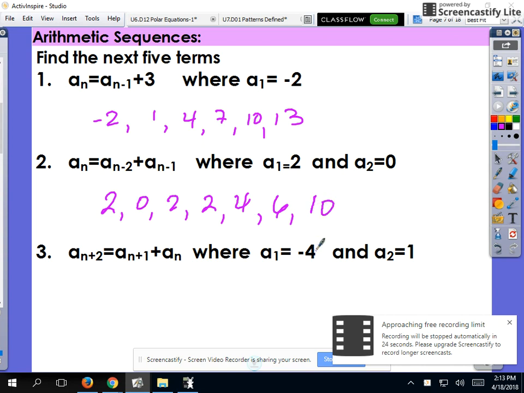For the very last one, you're given different stuff, but this is the same idea. If this is what we're finding as the next term, this would be the previous, and this would be 2 before. They just decided to mess with you, right? Well, this would be negative 4, 1, negative 3, negative 2,